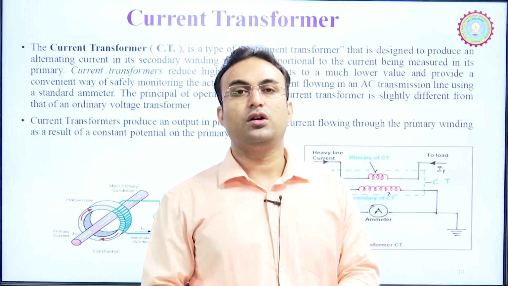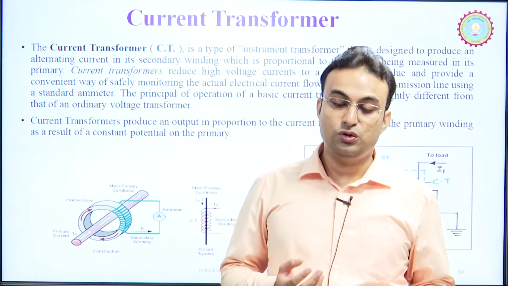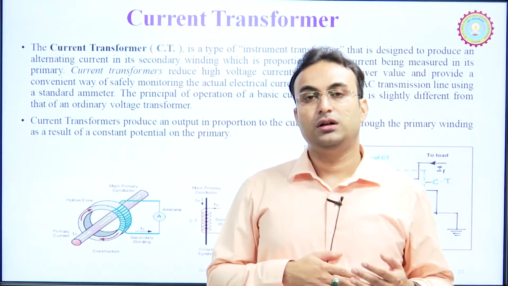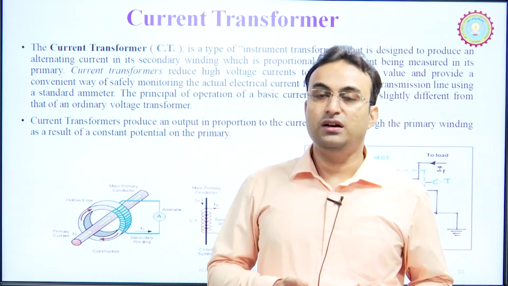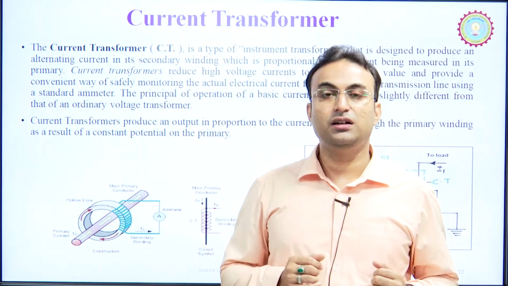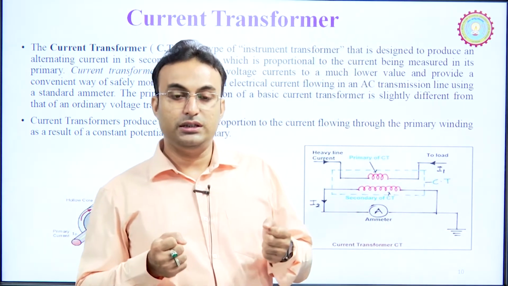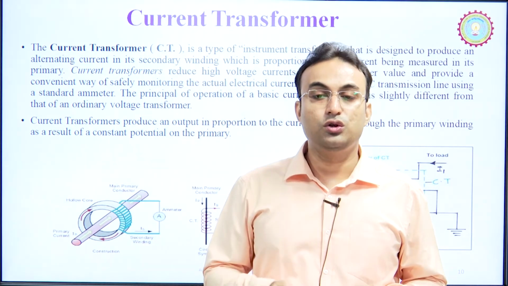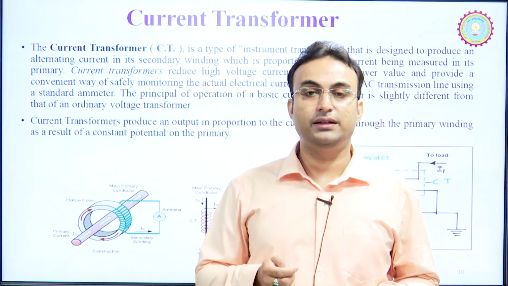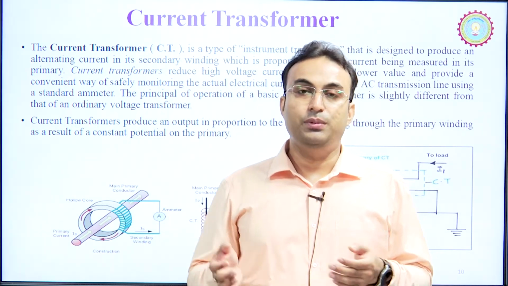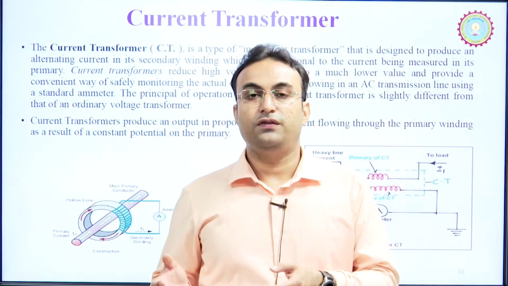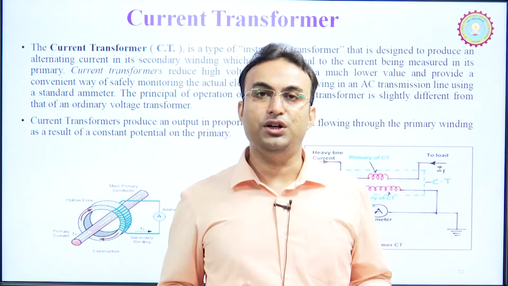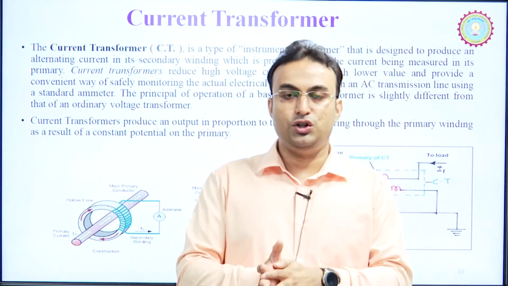So, this is the property of the current transformer, so that when a fault occurs, after the fault the value of the current will increase in the faulty section, so in this current transformer, the secondary current will also increase, so that we can detect, or we can calibrate the fault current in terms of secondary current. So, we have some calibration, or some transformation ratio.